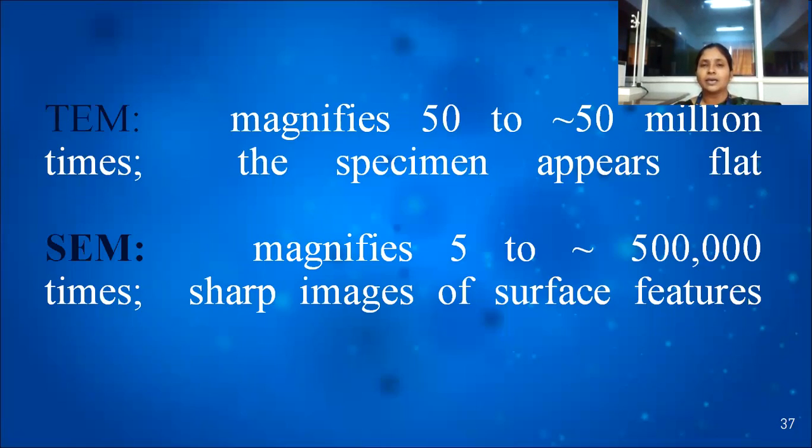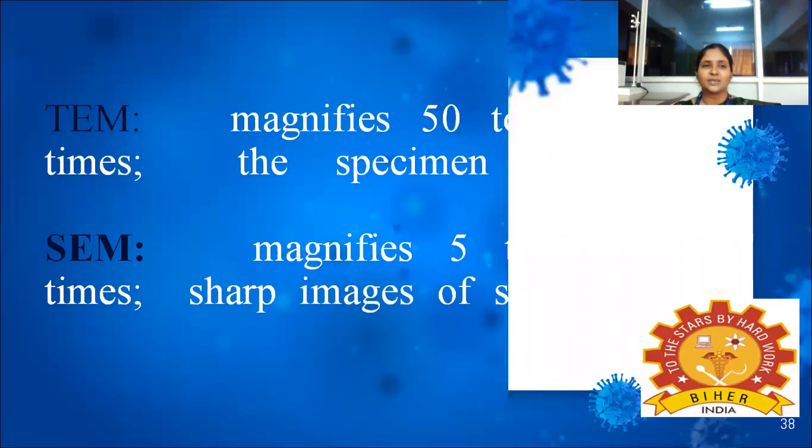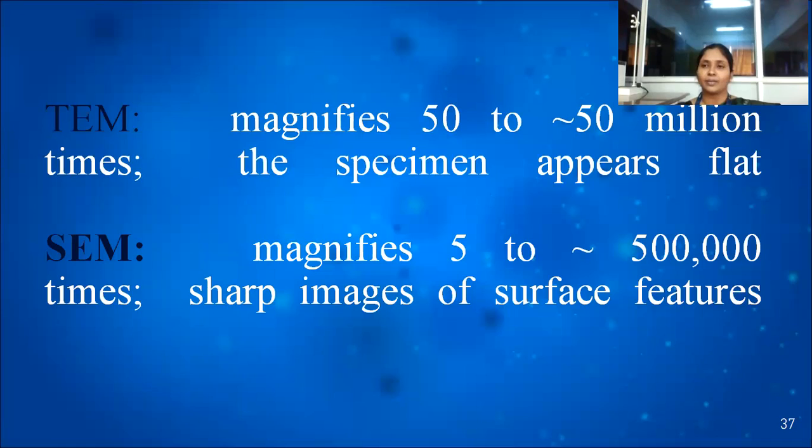Next, the resolving power is highly increased with transmission electron microscopy and SEM. Resolving power is the ability to distinguish two objects that are placed very close together into two separate entities. They are placed very, very close to each other, but they still have to be distinctly distinguished. That is possible with transmission electron microscopy and scanning electron microscopy.